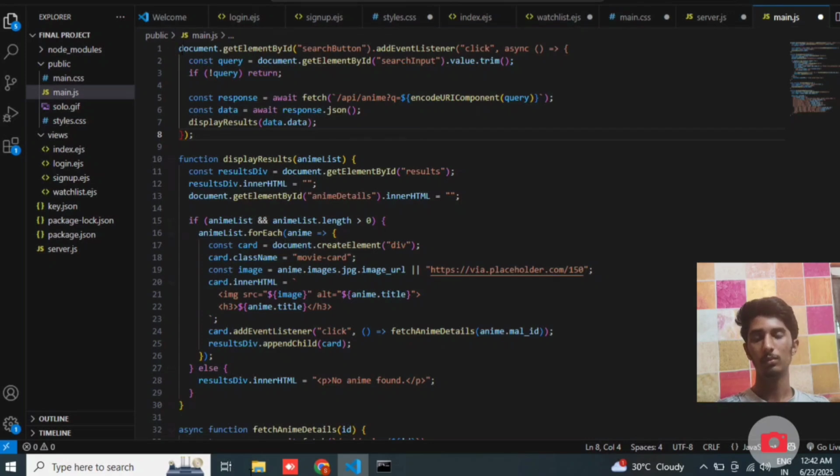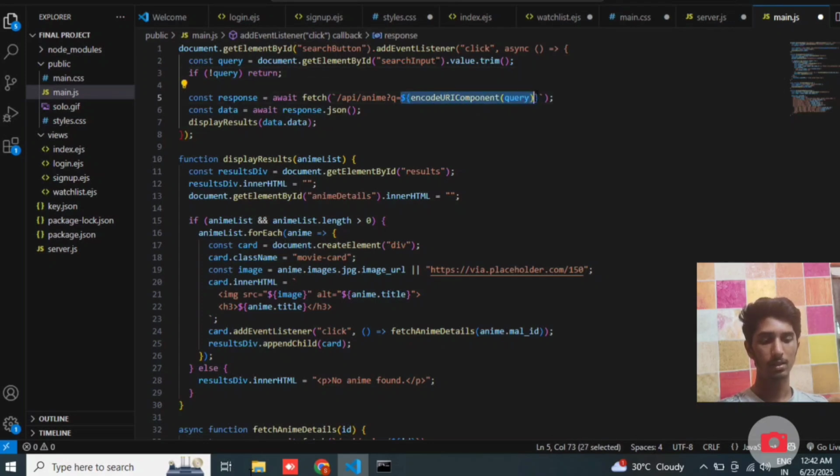This is the JavaScript code that I have written as a backend, which takes the input from the frontend. Here it takes the input from the search box. After immediately clicking on the search button, it will take the input which we have given in the search box and automatically replaces